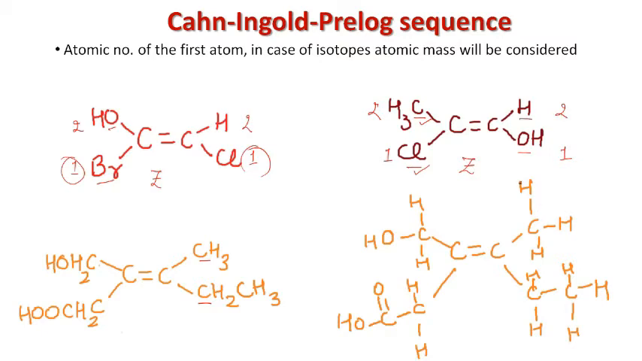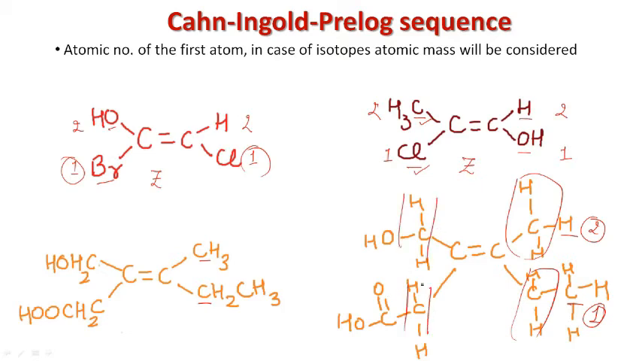So this is a CH2, this is a CH2 group, this is again a CH2 group, both are same, so we cannot decide the priority. Here it is H, here it is C, so C is having more atomic number as compared to this hydrogen, therefore this is given priority number 1 and this is given priority number 2. Here in this case again this is